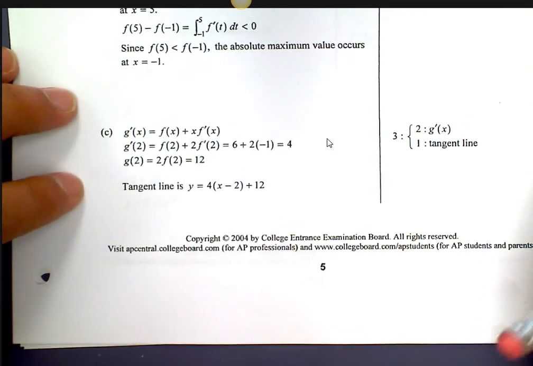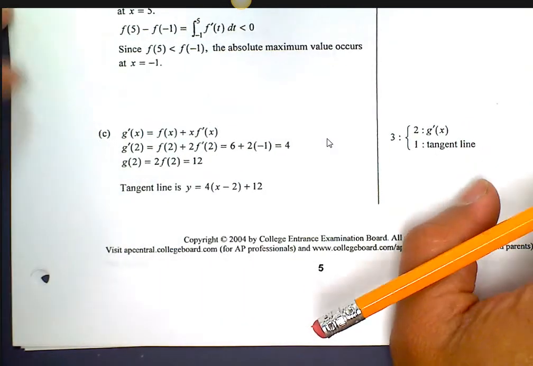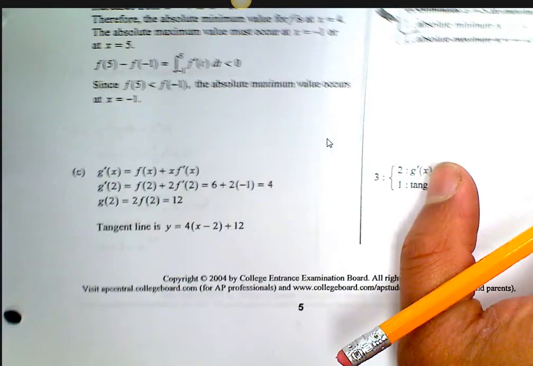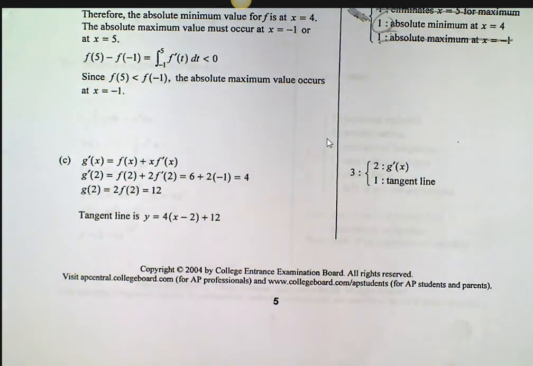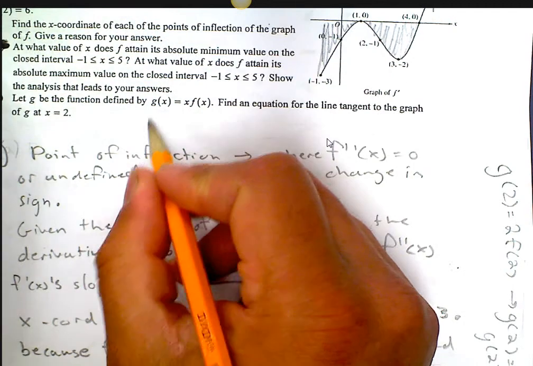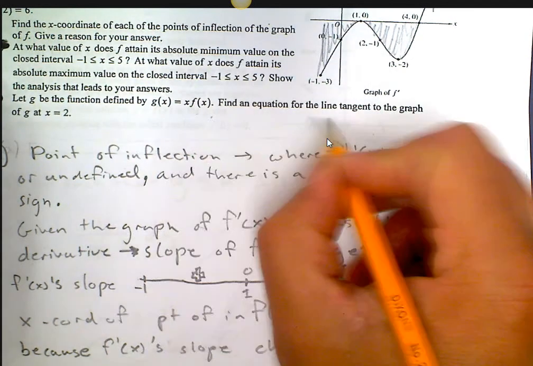Okay. This one was a tough one. Let me show you the work for this one. Raise your hand if you attempted 4C. Anybody? Okay. So if you have one person, all right. You attempted 4C. Great. So 4C looked like this. Take a look at the work. G of x equals x f of x. Find the equation for the line tangent.